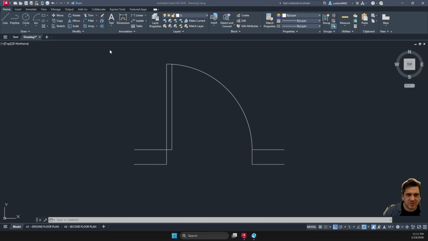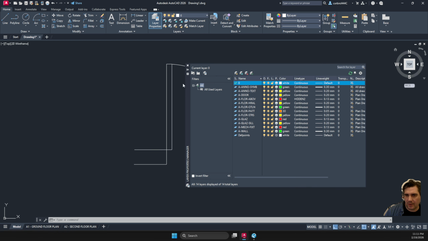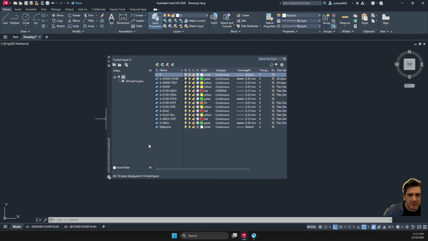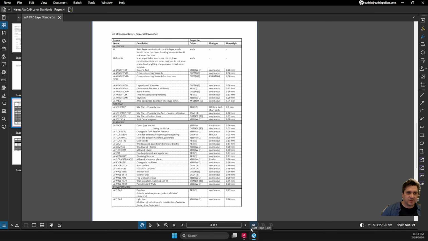And so how do we set up layers? Well, we first want to start by going up here to Layer Properties, and it's going to open up a dialog here, and it's opening up on my other screen, so let me pull that over. And in here I actually have a few layers already set up, but if we didn't, what we can do is we can go down here, and I'm just going to open up this PDF. And so this is the AIA Layer Standard Guide, and I think this is a great place to start from